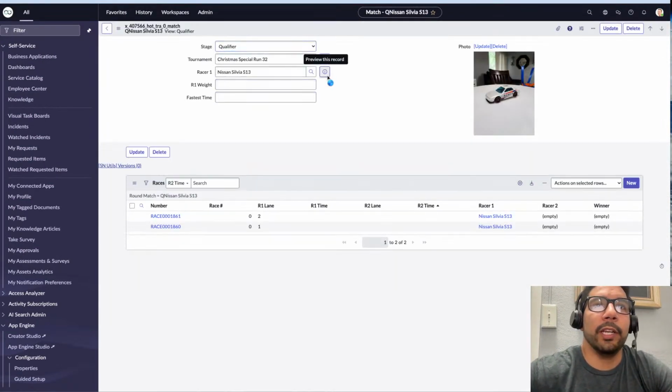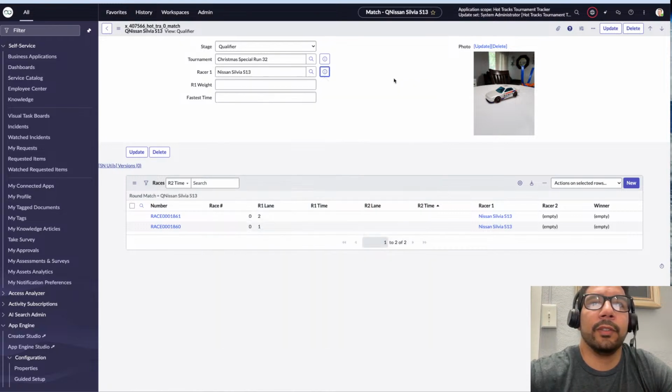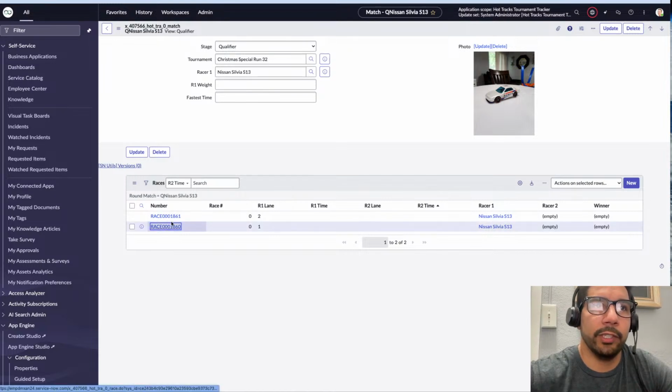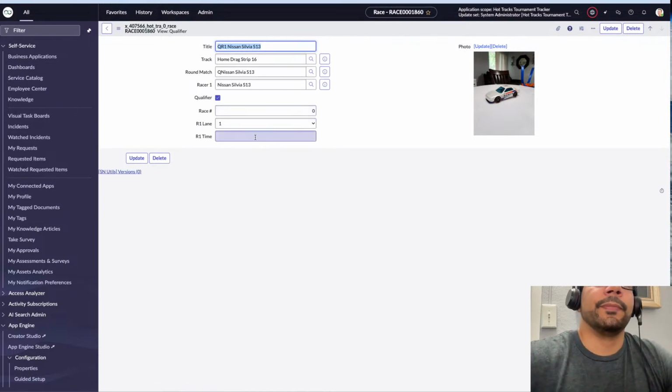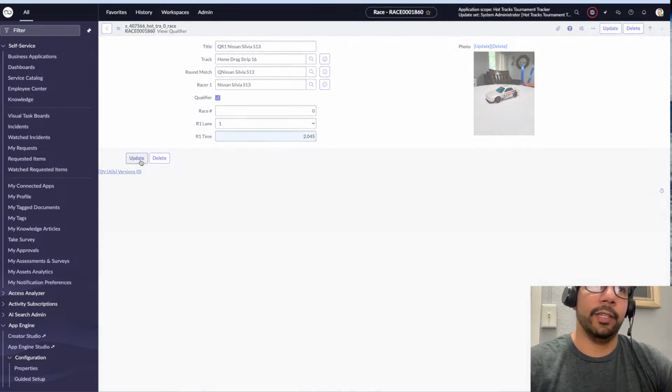Okay, now we can actually open it up. Okay, so this one I guess doesn't have a fastest time. The fastest time, I guess, it gets marked